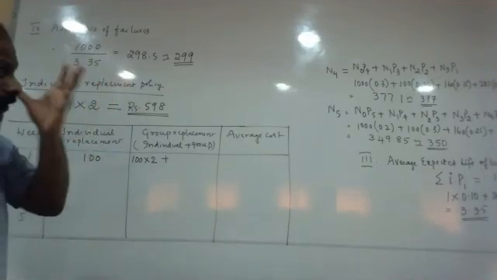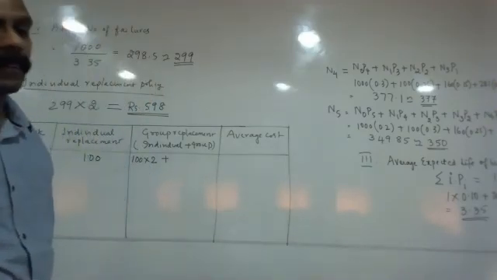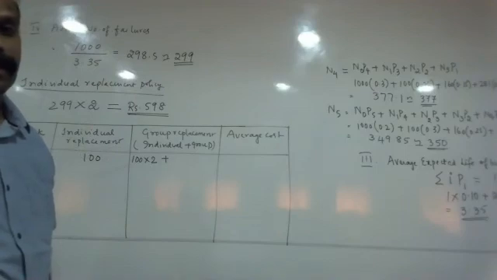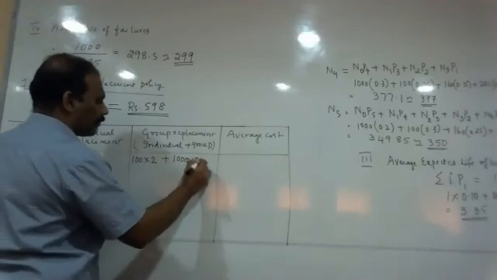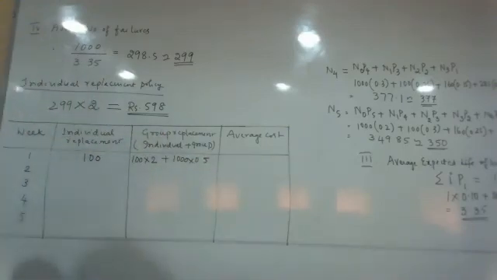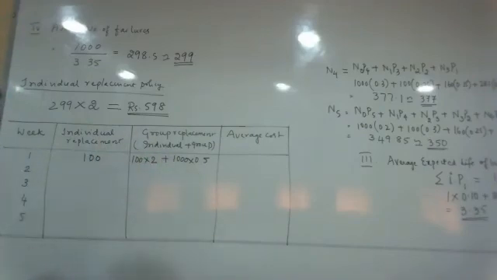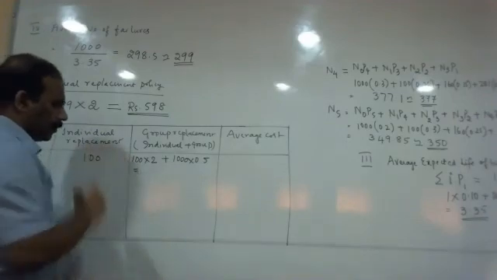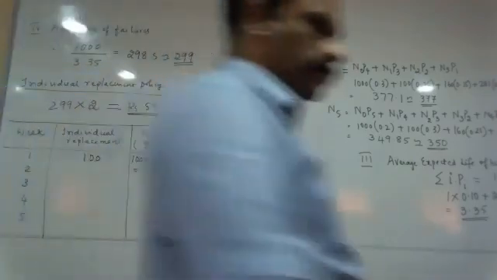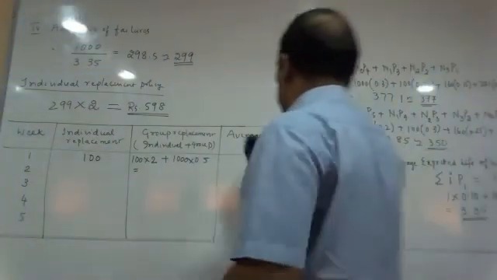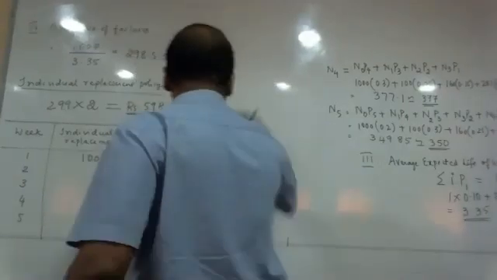Suppose I am replacing the entire 1000, what is the cost of each bulb? 0.5. Very good. So it will be 1000 into 0.5. Do you understand? 1000 into 0.5. Can you please simplify this and tell me how much we get? 700. One minute, let me draw the table a little bigger so that I can write the calculations clearly here.